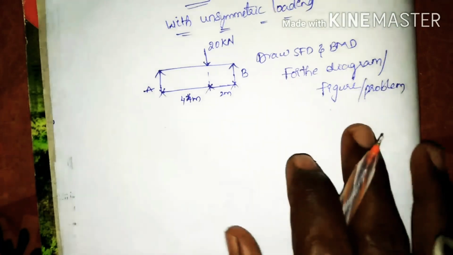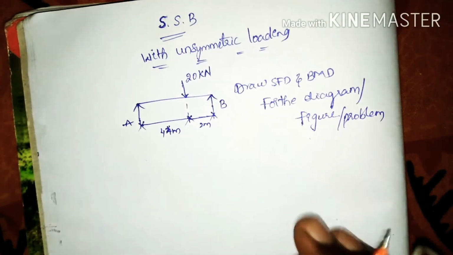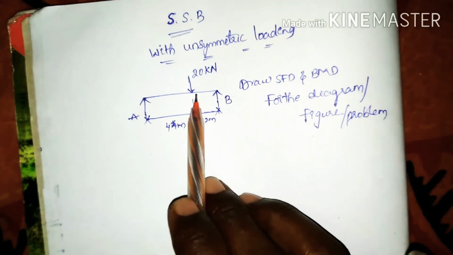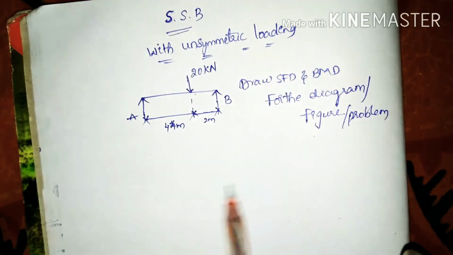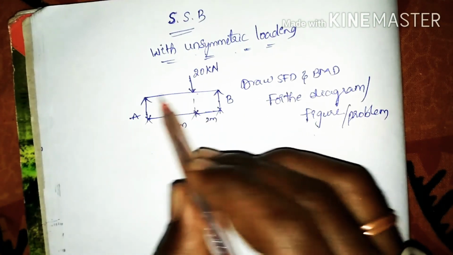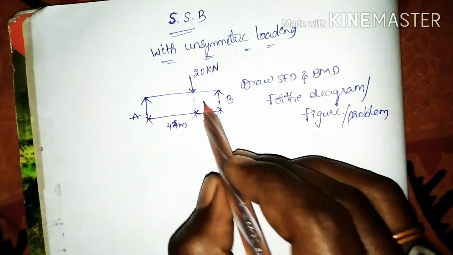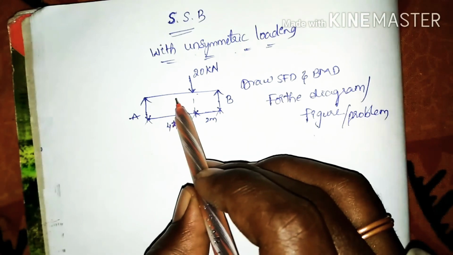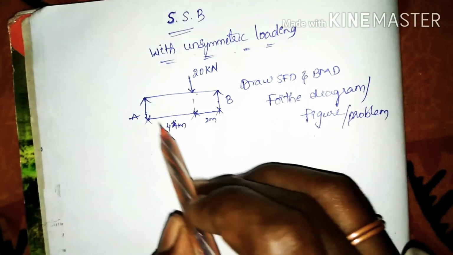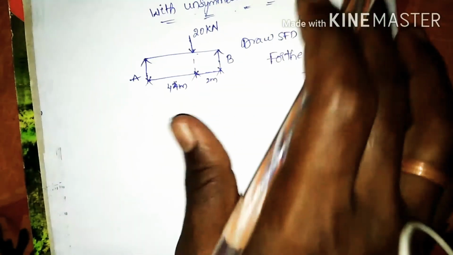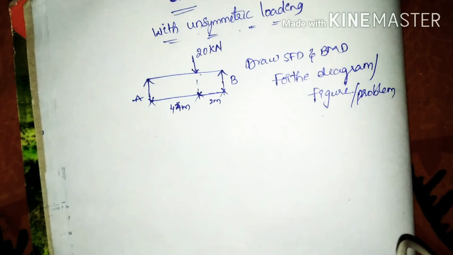Hi viewers, today we are going to see a simply supported beam which is carrying a load unsymmetrically. The meaning of unsymmetric is that the load is not at the midspan of the AB beam or any beam, but here it is not acting at the midspan of the beam, so this is called unsymmetric loading. For this we are going to draw the shear force diagram and bending moment diagram